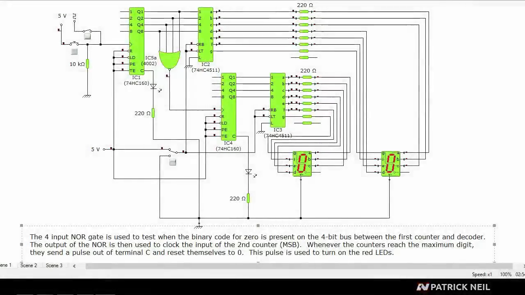Now here's a counter circuit that uses integrated circuit counters instead of individual flip-flops. In this particular circuit we have two digits. This is our least significant digit and this is our most significant digit. For this we need to have two counters and two decoders. So this counter and this decoder control our least significant digit, and this counter and this decoder control our most